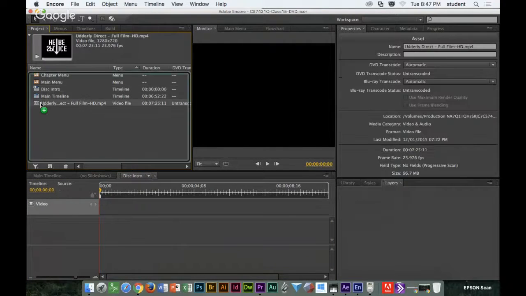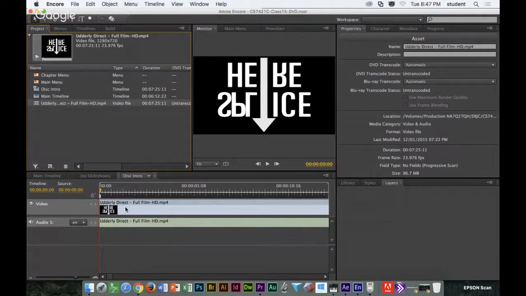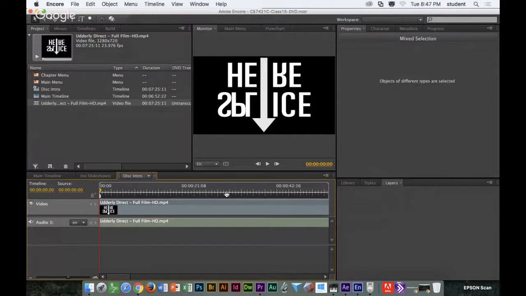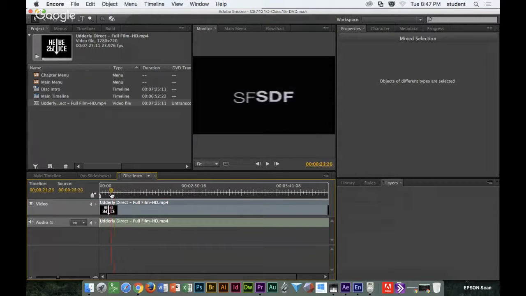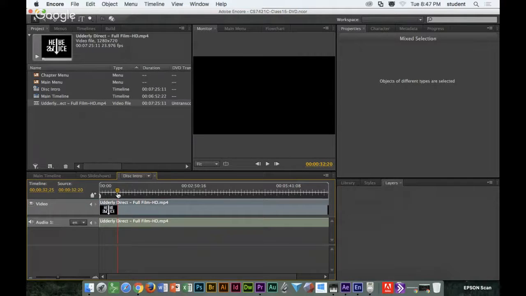We can drag this down, and once again, I'm sitting here embarrassed because I've got this film leader showing as part of my opening bit. So what I would do is fast forward this to about, it looks like about 33 seconds. Then I'm going to trim this to that by hovering over it, and you'll get the ripple, or actually it's not the ripple delete. I don't think I can get this to ripple delete correctly. So I just use the roll